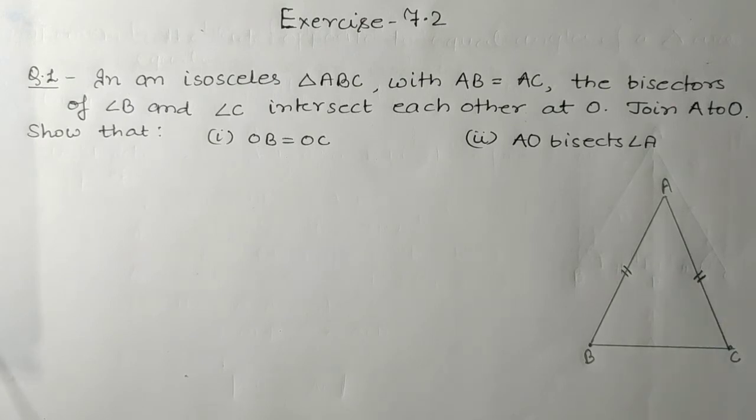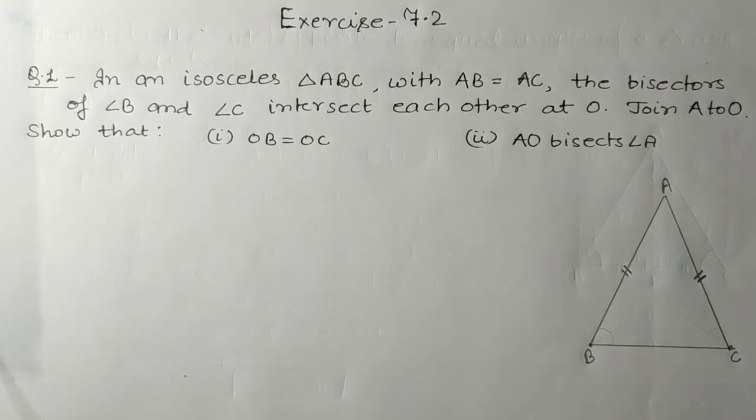Okay students, the bisectors of angle B and angle C, bisector means a line which is dividing this angle B and angle C,